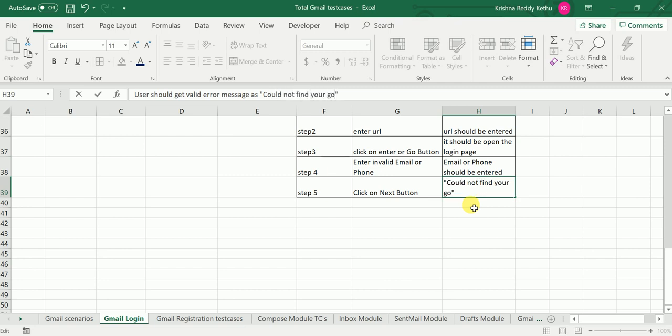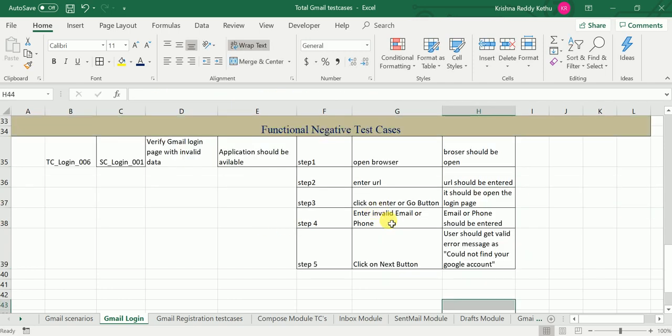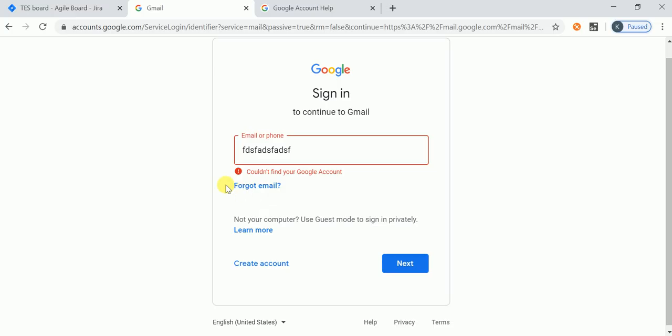This is my negative test case, because I am entering invalid data here. Similarly, okay, this is the negative test case. Can we do anything negative here, because there is no way you are entering data only in this field, right?